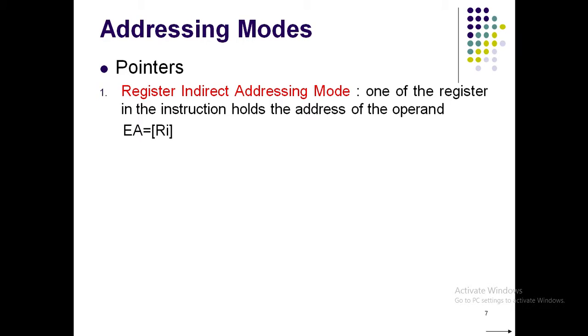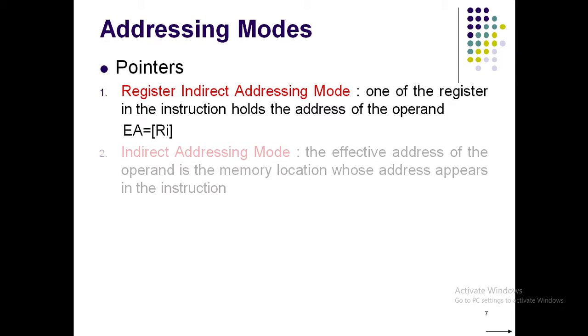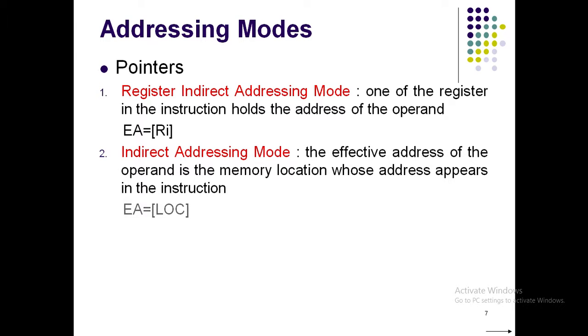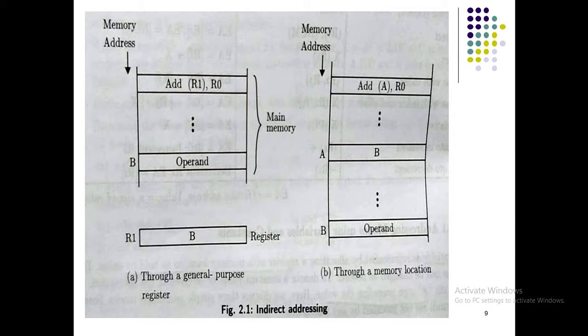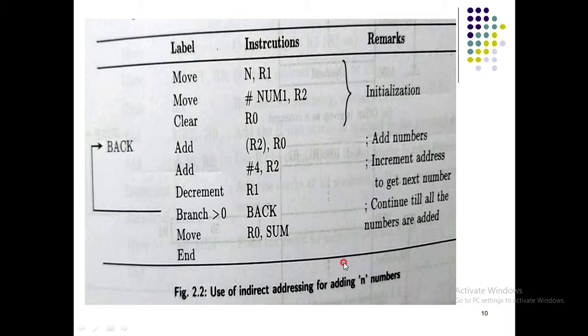In indirect addressing mode, first we saw using pointers, and how it is done with the help of a register as well as with a memory address. I will not go into much detail now, so please view the previous videos. The next important thing we saw was how this indirect addressing mode works. We also saw this example through a general purpose register as well as through a memory location. We also saw an example wherein we tried to add numbers, and each number would carry around 4 bytes and all those things.